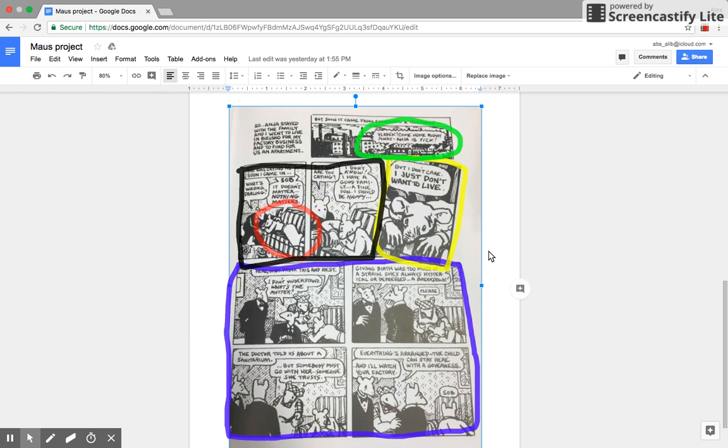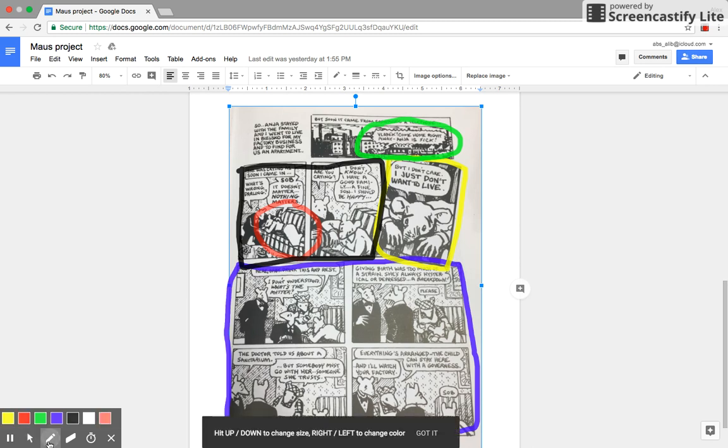The second part, panels 5 through 8, return to the normal angle where the Zeilerberg's living room is visible and the reader can see Vladek and Anja's dad talking, while Anja's mother comforts her on the couch. The author intentionally zoomed back to the normal angle after Anja confesses she does not want to live because it shows how normal life still continues on. This matches her parents' wishes for her to get better as soon as possible and return to her normal state of mind. This is also probably why Anja committed suicide later on in life.